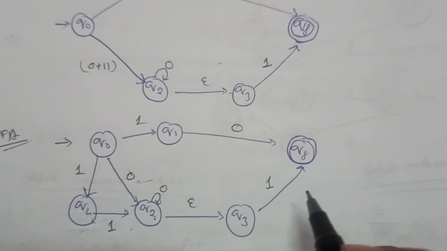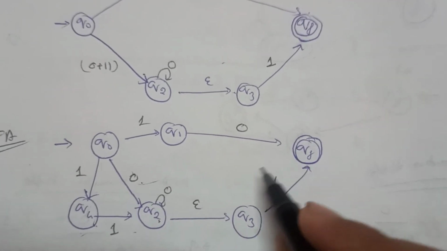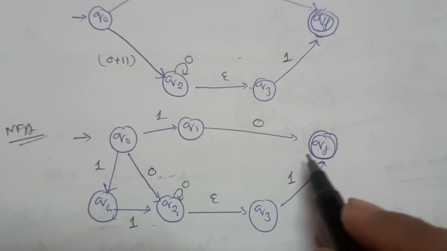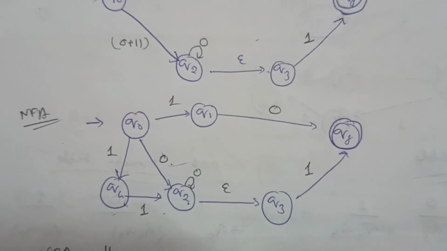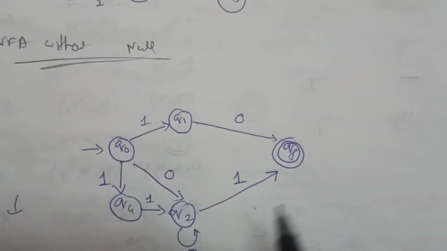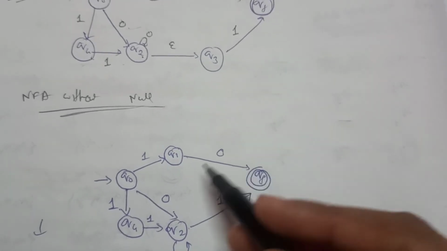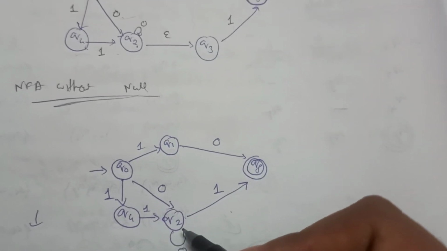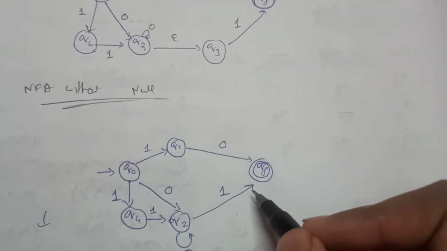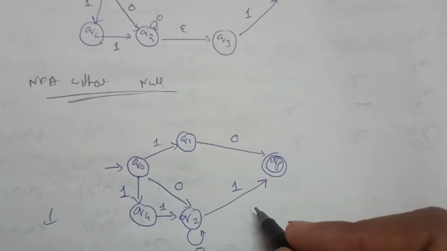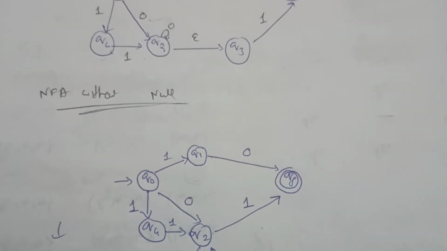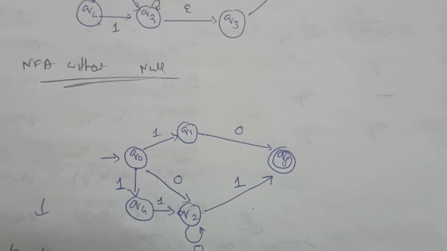Again I can just remove the null part and make a single NFA without null, and I can convert this NFA to a DFA. You can easily do it. Okay, so this is the NFA without the null part that I have just shown you. I just removed the null part, made a self loop here, and I added the 1 here. So this is the NFA without the null part, and I will convert it to a DFA, but you will do it yourself. So that's it for today.